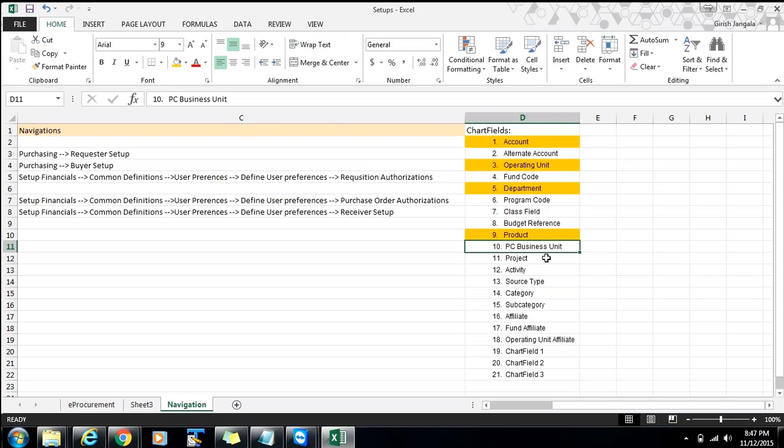Because a chart field is a combination of accounts. I'll give an example of an item. If I want to purchase an item from a supermarket, I'll go there and say, okay, I want to buy a toothpaste from Colgate, and the person will